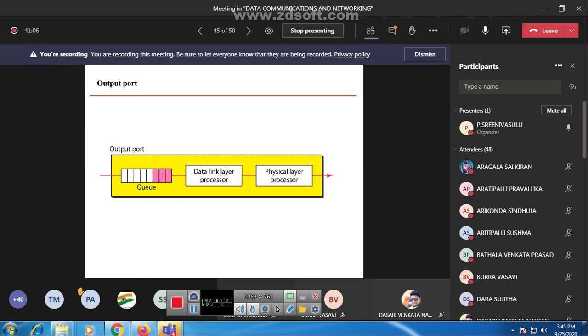For example, we have some devices. We store the information for a period of time, and after that the same information is delivered to the next system, like a message.